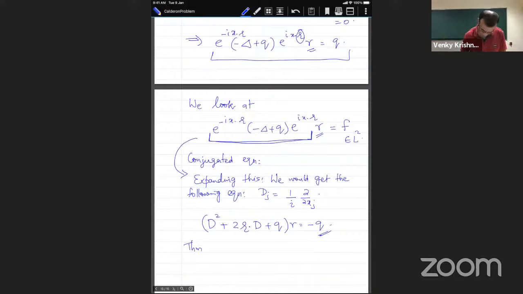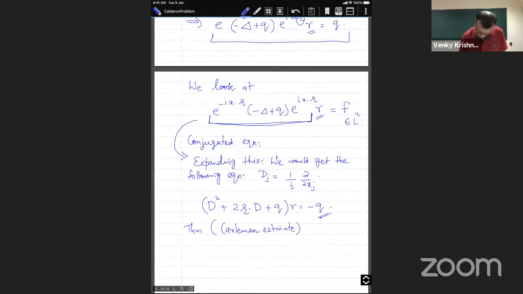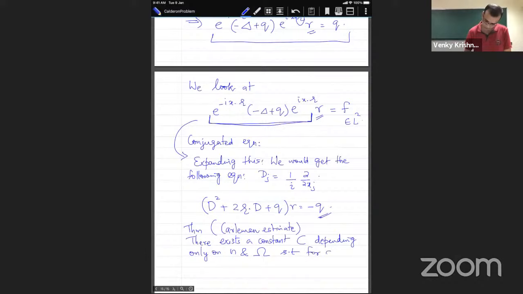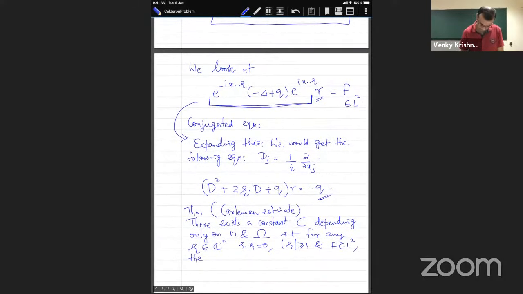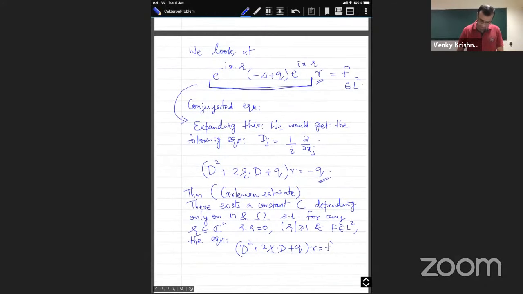So this is the Carleman estimate. The Carleman estimate: there exists a constant C depending only on n and omega, such that for any zeta in C^n with zeta dot zeta equal to 0, and we can also take mod zeta large, and f in L2, then the equation D squared plus 2 zeta dot D plus q, applied to R, equal to f has a solution